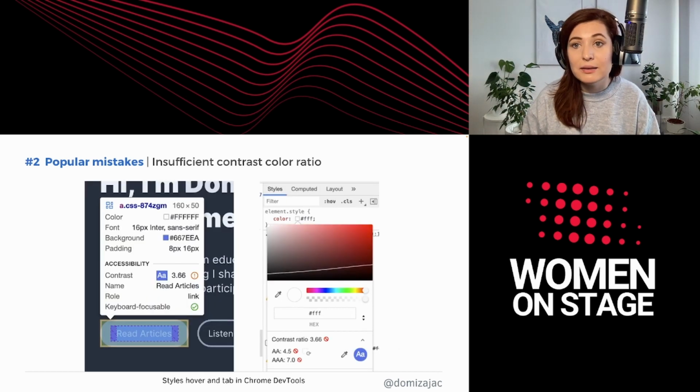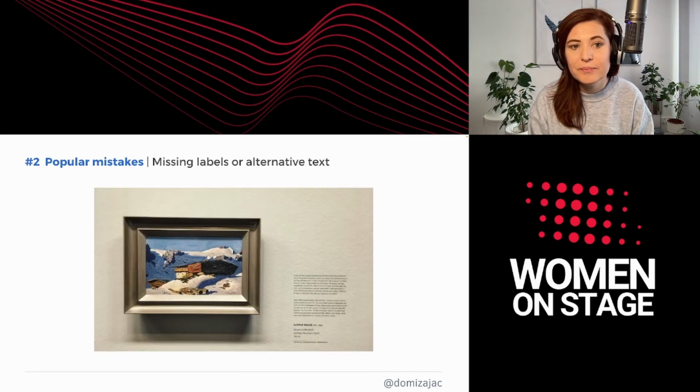What is even better, when you click on an element from the list, you will be directed to the Styles tab, and when you click on a color picker, Chrome DevTools will propose a new color, as close to the original one as possible, but fulfilling the requirements about contrast. So you can easily fix those problems even without support from a UX designer.